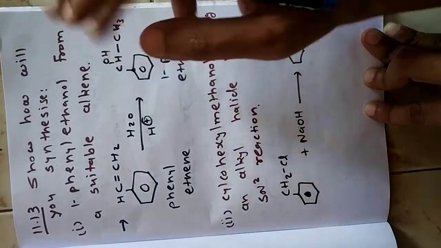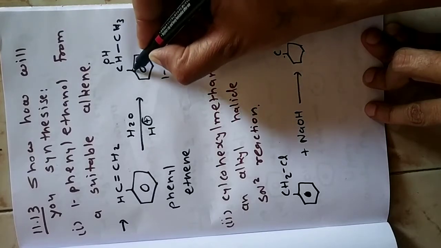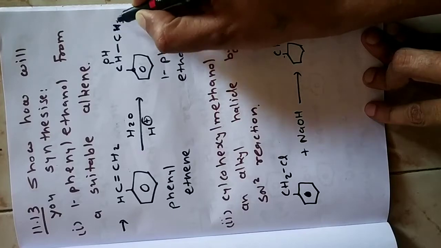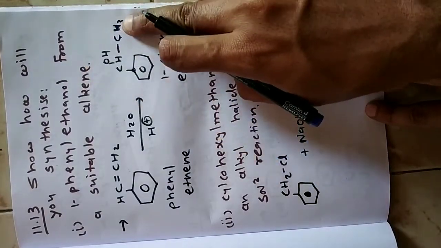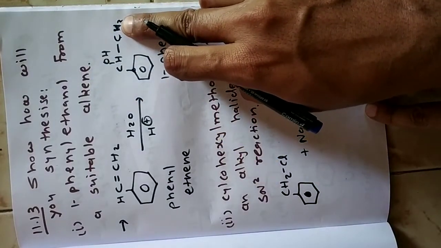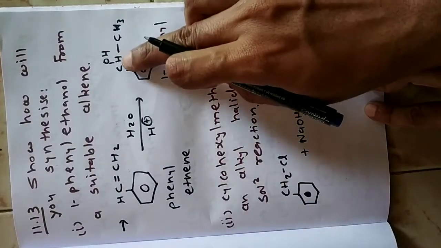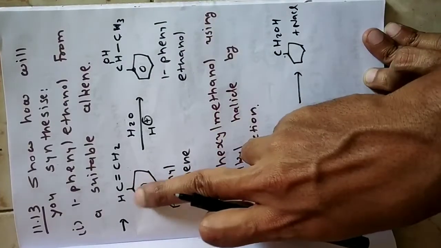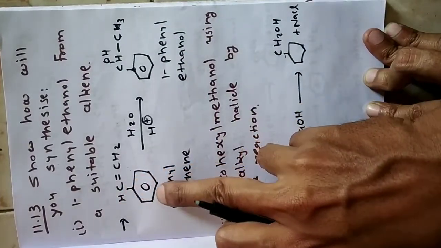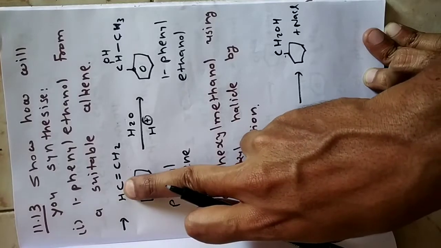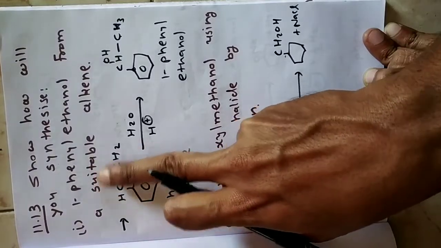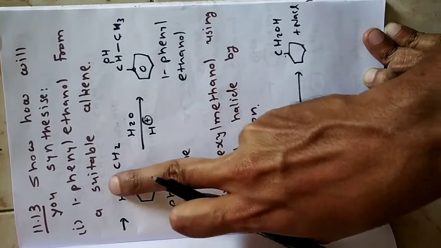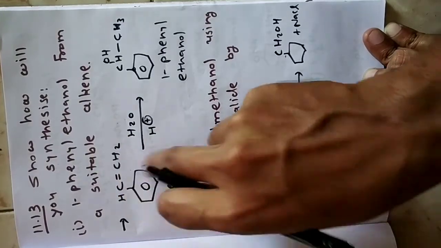This carbon does not have any hydrogen, so we can't remove hydrogen from here. We can remove hydrogen from here only. So OH and H are removed from adjacent carbons, and a double bond is put between those two carbons. That is your starting material. The benzene ring is as such carbon-carbon, so only OH and hydrogen from this adjacent carbon are removed, and between them a double bond is there. So this is our starting material.